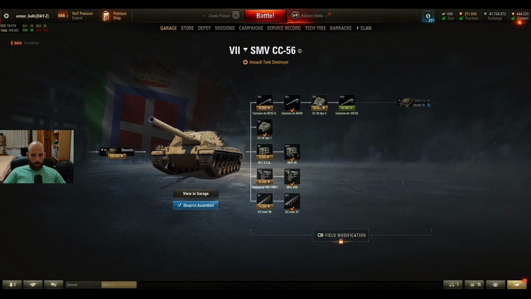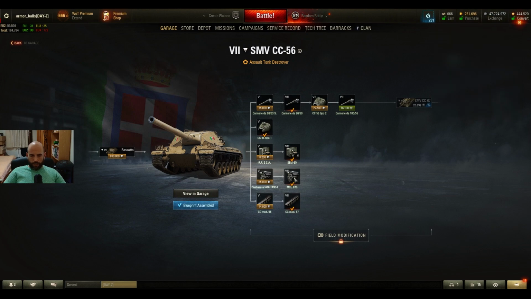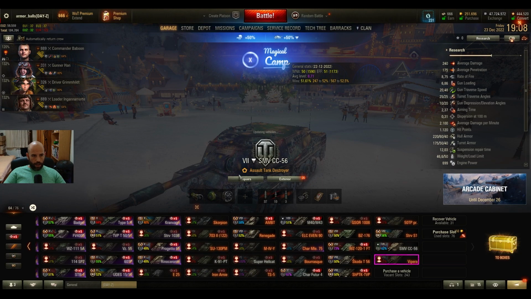Next thing, we need to buy this turret, but I will not buy it because we will now instantly research this tier 8 vehicle. Also one more thing to mention: when you play with this tank, you get tank experience. All experience you earn goes into tank experience and only 5% goes to free experience. You can get free experience like that, or when you play with premium tanks, for example this Vipera here, and